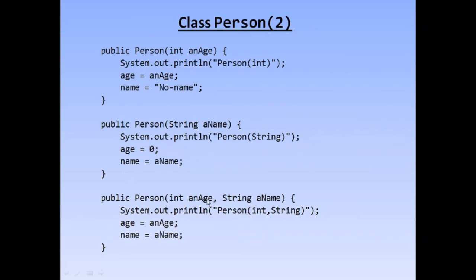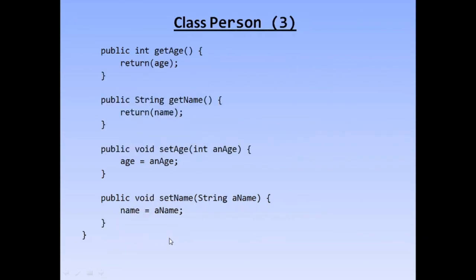Then this person has two arguments, age and a name, that is both. So what will it do? It will first print a message that person int string is called, and then age will be set to an age and name will be set to a name. Now as we can see, if we wouldn't use the constructor, then we would have defined different methods that do the same thing. But if we have a facility that we can use directly with the help of a constructor, then there is no need of initializing the attributes with specifically designed methods.